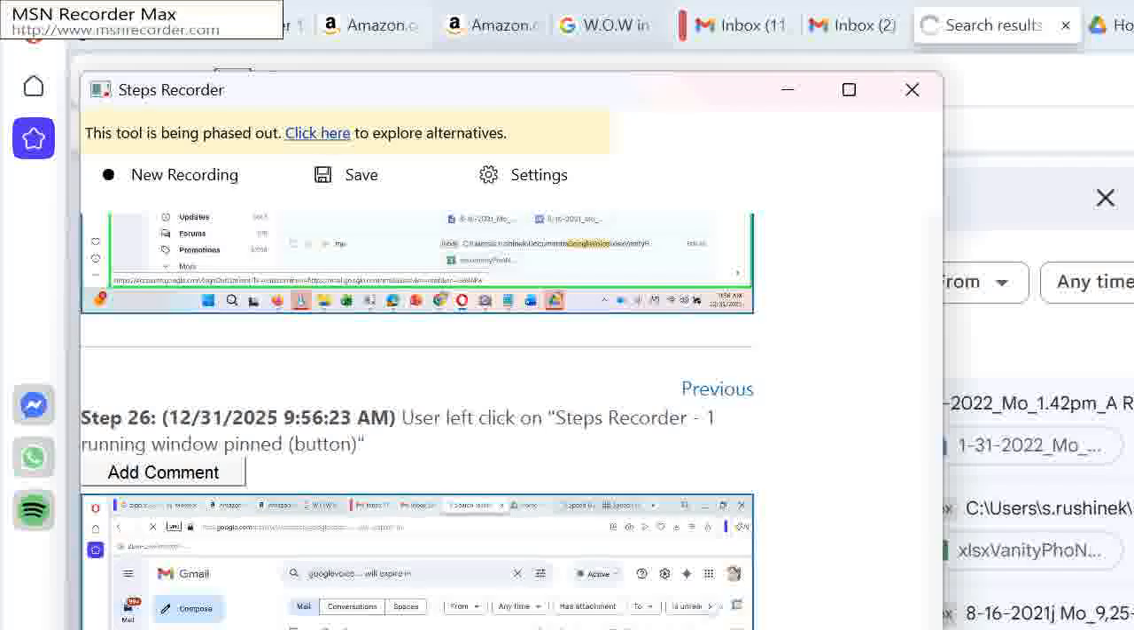Here we can see a problem. MSN Recorder Max out of resources. Click